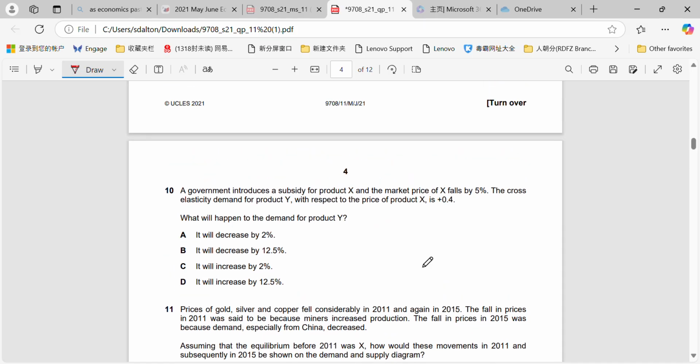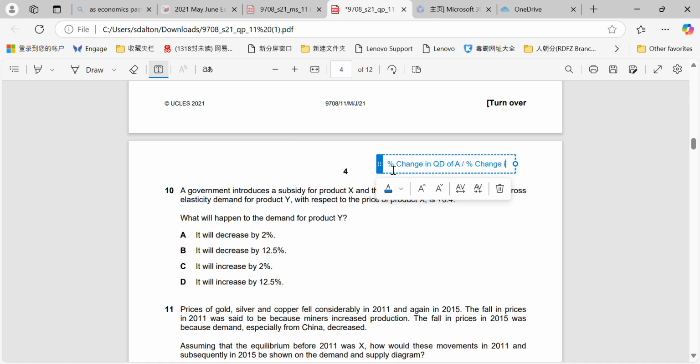Okay, question 10. Government introduces a subsidy for product X and the market price of X falls by 5%. Cross elasticity of demand for product Y with respect to the price of product X is plus 0.4. What happened to the demand for product Y? Okay, so you need to know your formula again here. The XED formula is percentage change in quantity demanded of good A divided by the percentage change in price